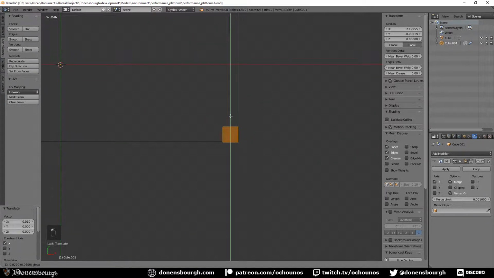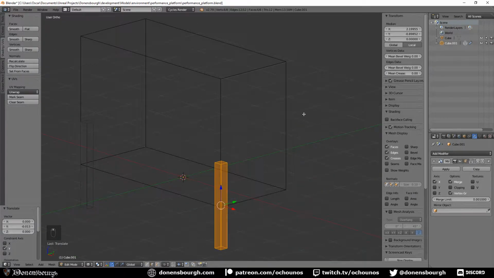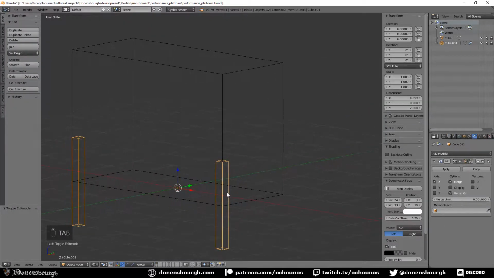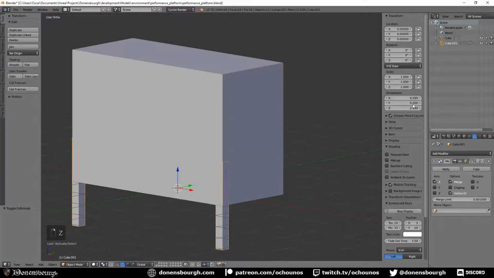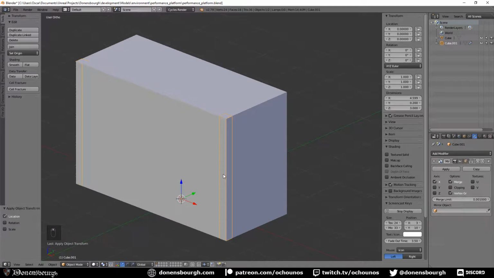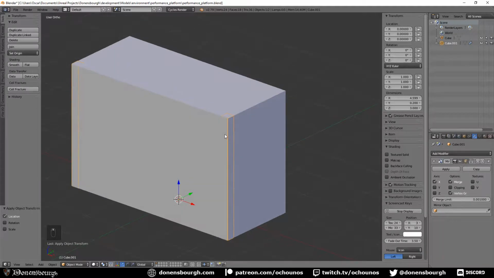And we can introduce later a few variations on the stick as usual, and maybe check the mirror here to have both sides. You don't really need to model everything, so I will keep it as it is at the moment, and we'll see later. So that one needs to be 3 here, and that is 1.5. Apply location and rotation,